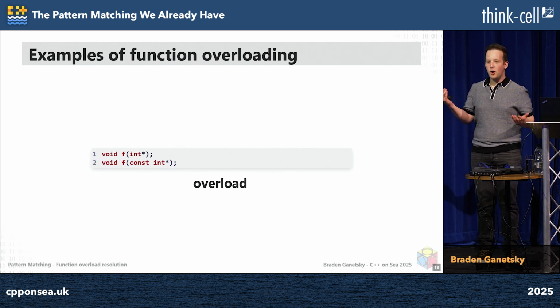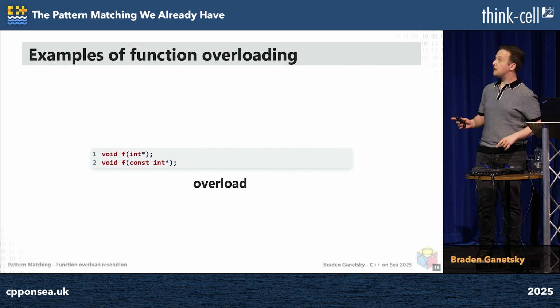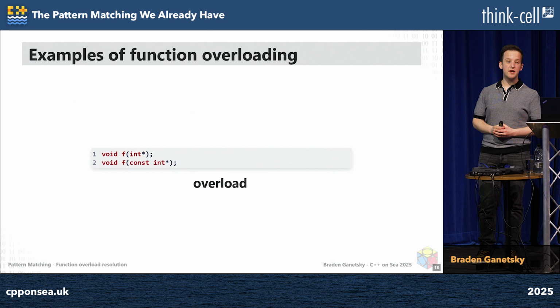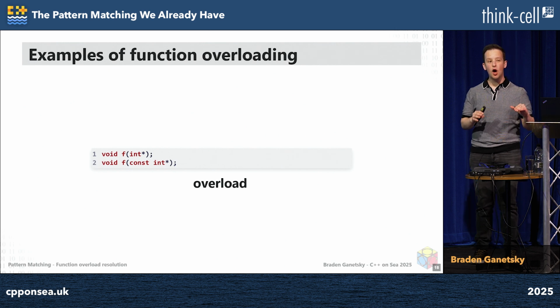But I just said we drop const. Well, no, we drop the top-level const. This is not a top-level const. The first one is a pointer to int. The second one is a pointer to const int. They are both non-const pointers, even though they point to different types. So these are 2 separate overloads.